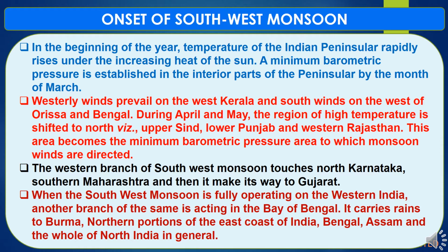During April and May, the region of high temperature is shifted to the north via Upper Sindh, Lower Punjab and Western Rajasthan. This area becomes the minimum barometric pressure area to which monsoon winds are directed. The western branch of the southwest monsoon touches North Karnataka, southern Maharashtra, and then it makes its way to Gujarat. When the southwest monsoon is fully